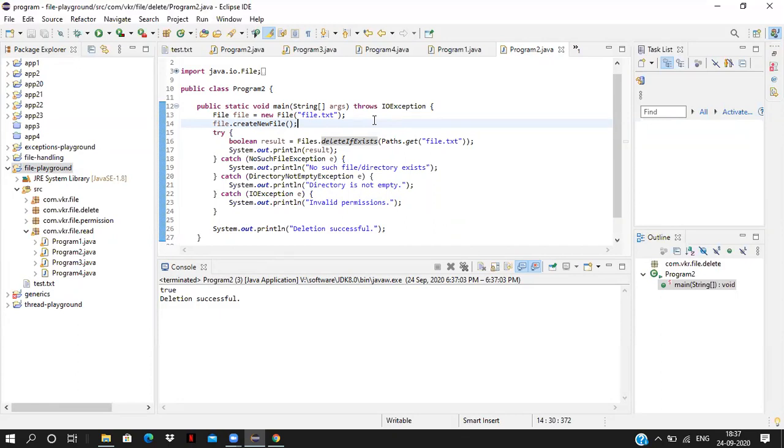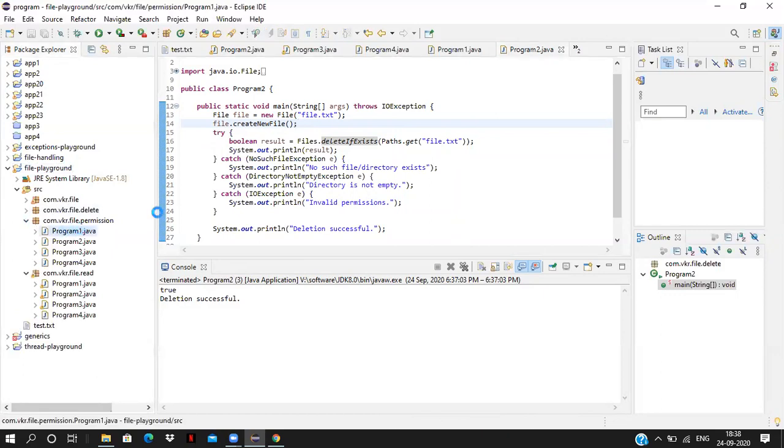If you want to only write data to the file, we can make it write only. Or if you want to make the file an executable file, like whenever you want to install software, we download the .exe file, that is the executable file. We can make the file executable by giving the permissions. Or we can read the permissions of a file. We have methods to read the permissions of a file, and methods to give permissions to the file. How to do that? You can see the examples.